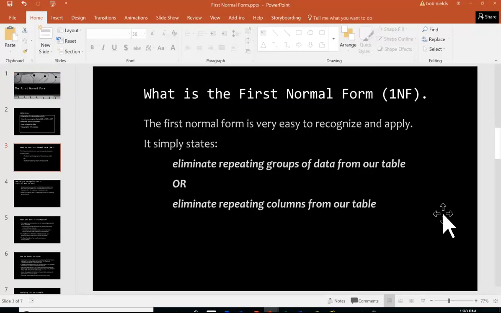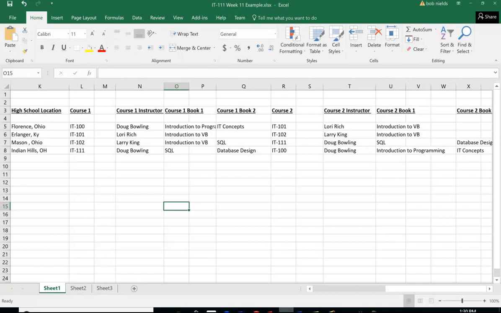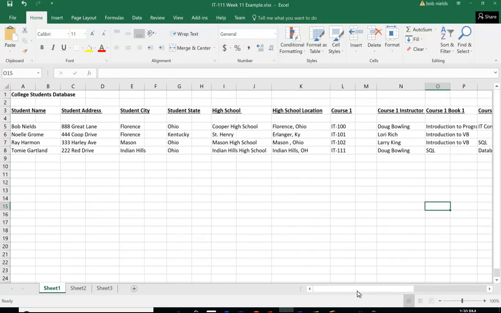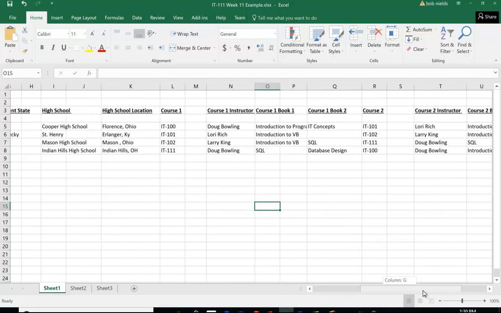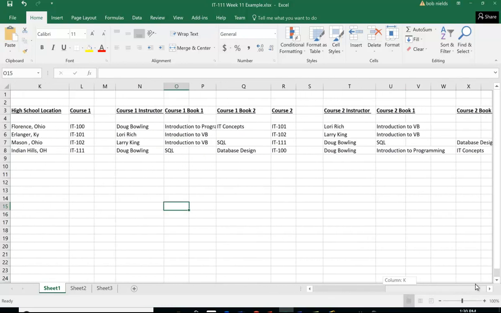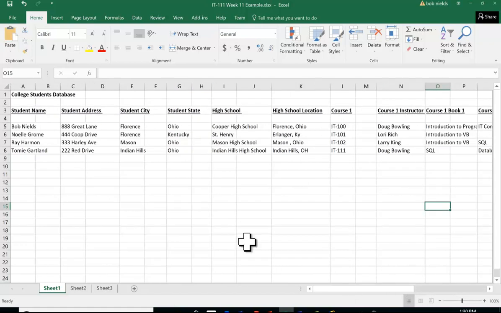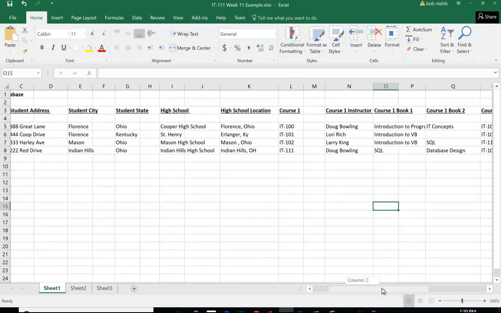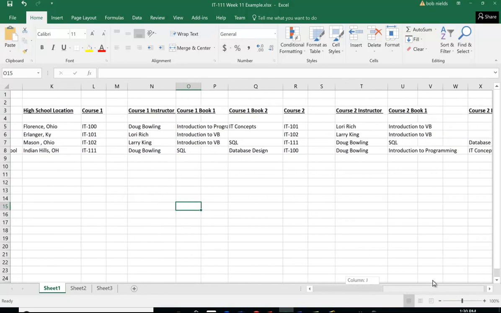Let me get out of this for a second so I can show you versus tell you. So here is a database that I created. It's in Excel, but Excel is a database. It's not a relational database, but it's a database. It has name, address, city, and the high school that the student went to, that's location, and as you can see,